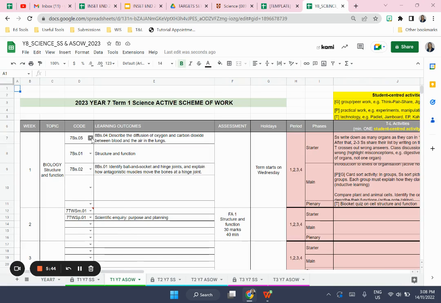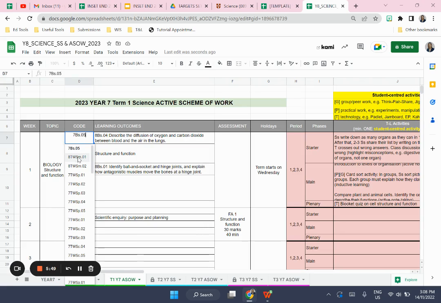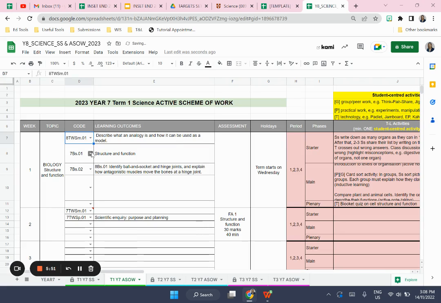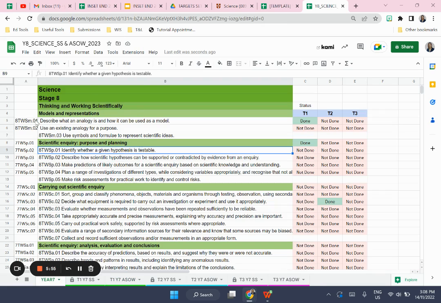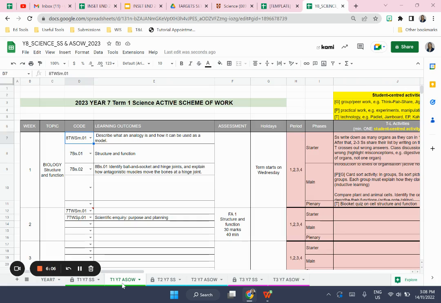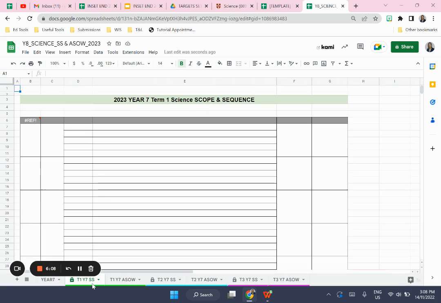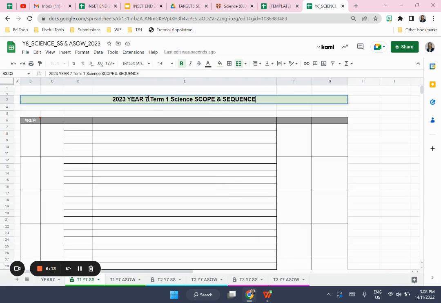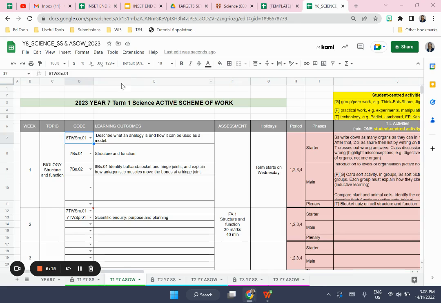So from here, if I want to make any changes, I can choose the year 8 curriculum now. It is important as you populate this that you put in the codes in column A. All the codes go in column A for this drop-down to work. Now, the slightly more complicated part. It's not that complicated, but if you go to my scope and sequence, sorry, my ASOW,